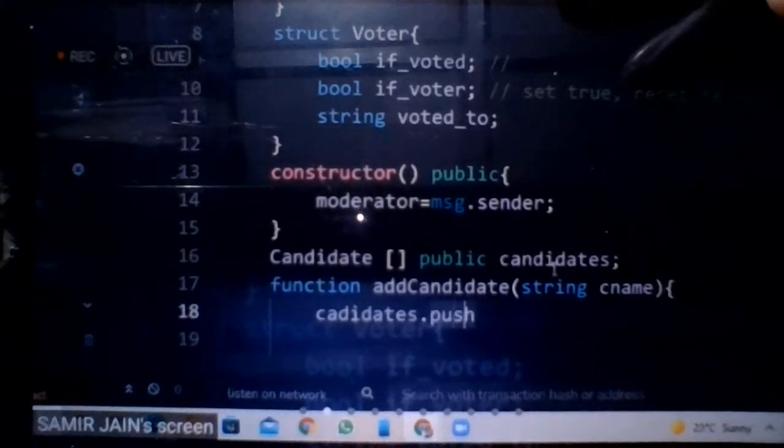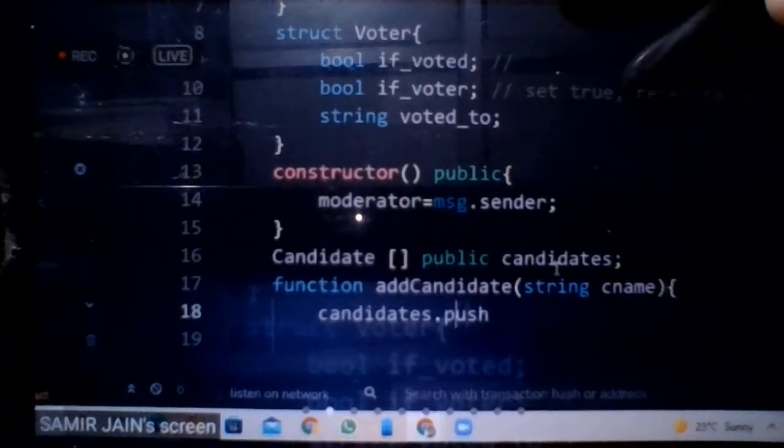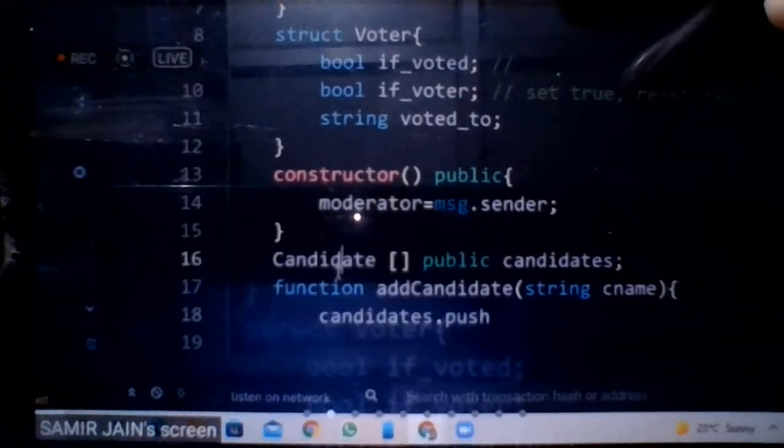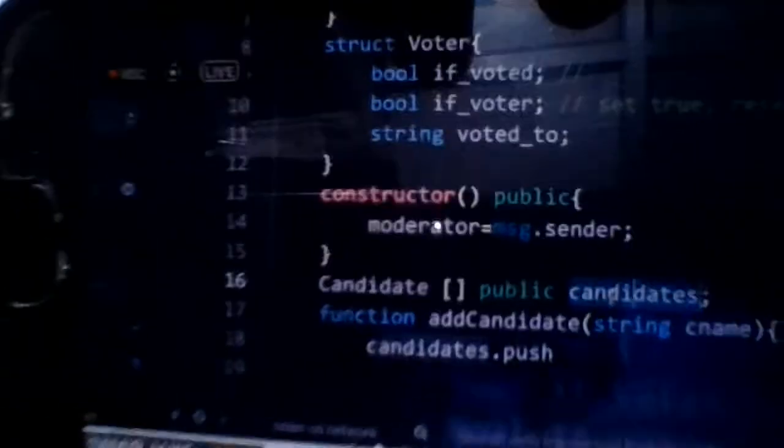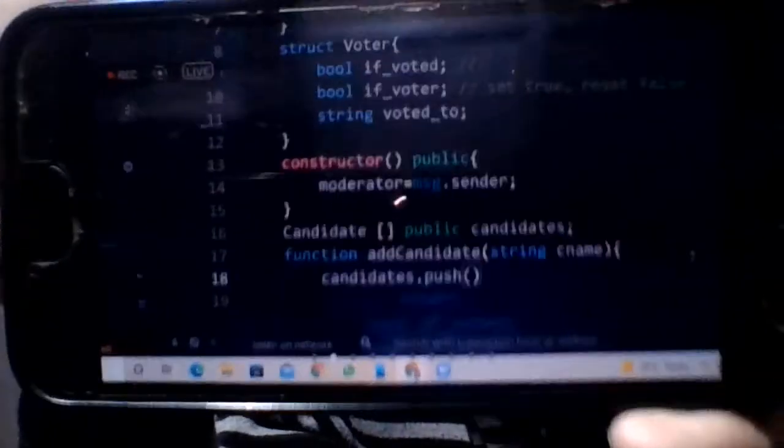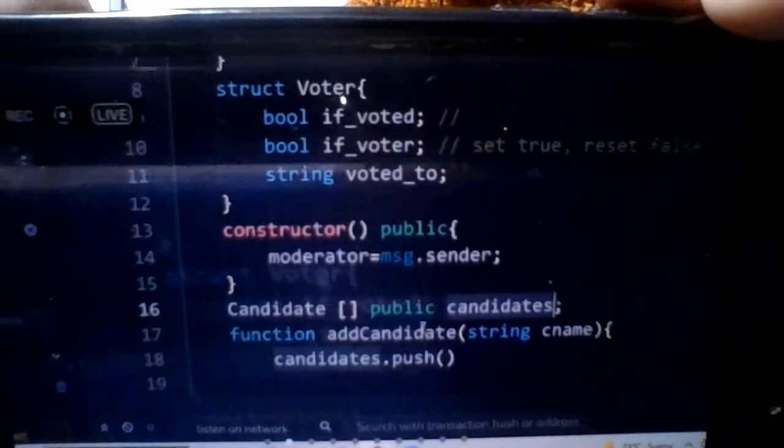So candidates.push. This is the name of that array, where we have to add. So candidates.push, and then what are we pushing? This candidates array is made up of what kind of data type? It is made of candidate. So we have to add a candidate.